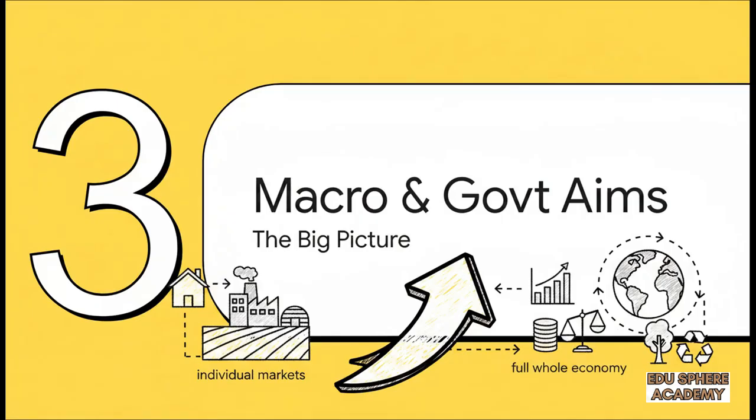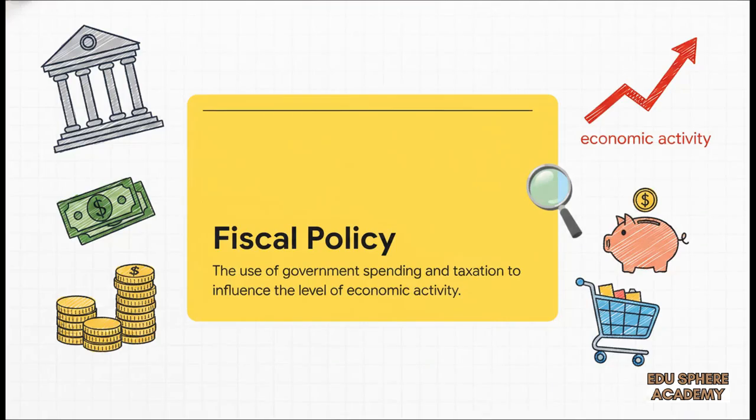Section 3. Macroeconomics and Government Aims. The Big Picture. Moving up from individual markets to the entire economy, the exact same rules apply. Starting a macro response with a really sharp definition is your best first step. Say the question is about taxation or government spending, define fiscal policy immediately. It sets the stage perfectly and shows you completely understand the specific tool the government is using to try and